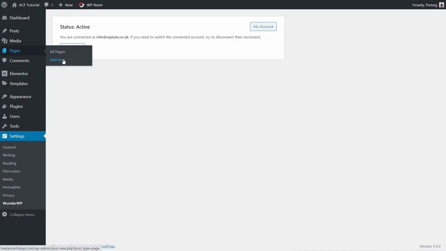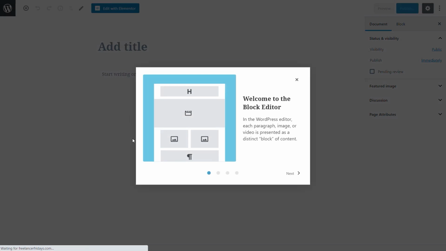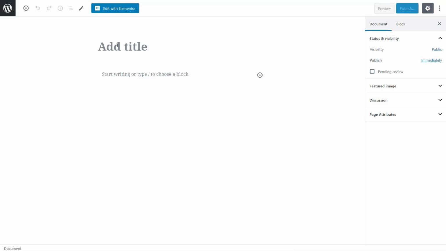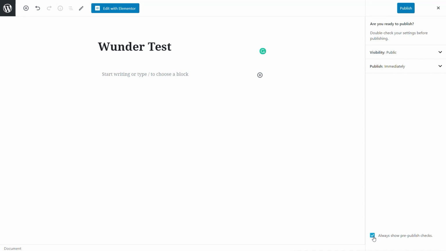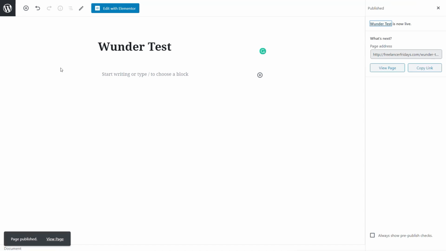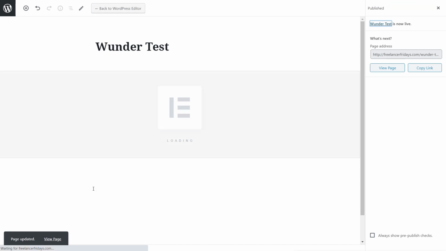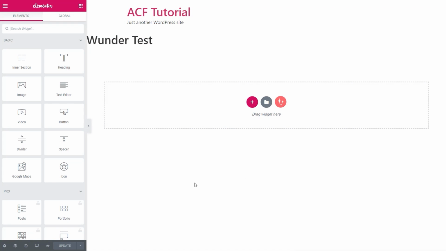Let's just go and create a new page, and from there we'll open up Elementor, and we'll start working. So we're just going to call this Wunder Test, and we'll just publish that, and say yes, we'll publish it. Then we'll edit this with Elementor. Once we open up the Elementor editor, we can go through and set things up exactly as you normally would. You can see this extra button, and we'll come back to that in a moment once we've taken a look